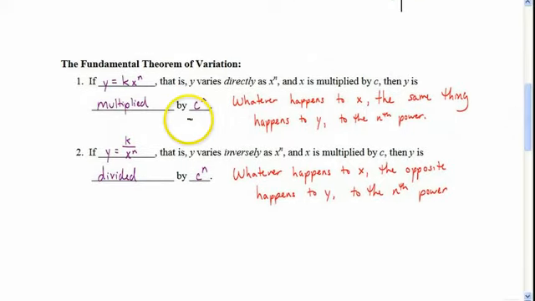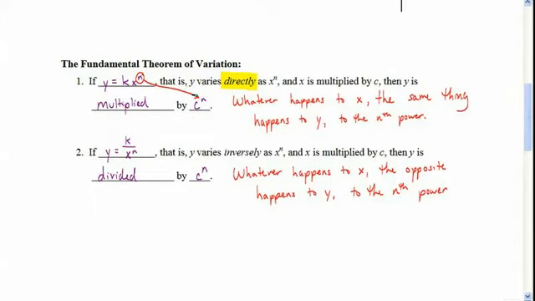So what's in purple here? This is what your textbook, this would be the technical definition for the fundamental theorem of variation, which states if we have an equation in this form, y equals k times x to the n, meaning it varies directly as x to the n, and x is multiplied by some number. Now in your book they're going to call it c, but really it's any number. Then y is multiplied by that number to the nth power. And again, we get that nth power